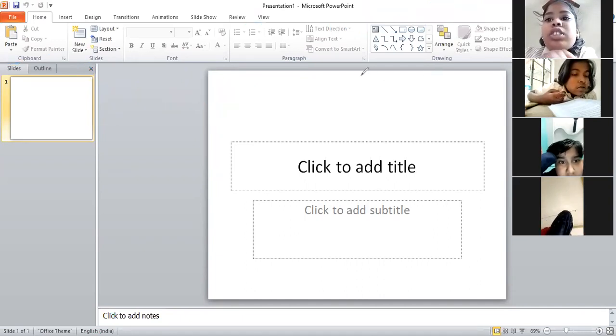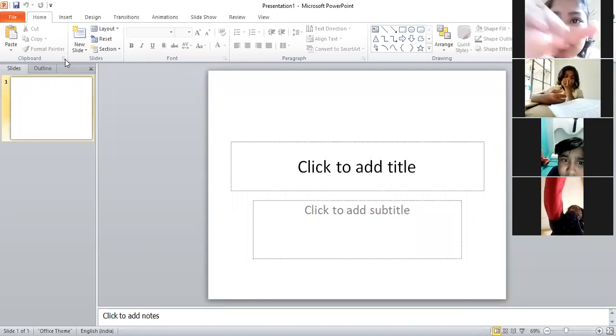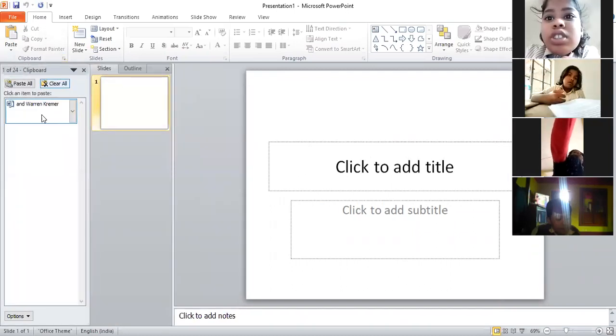Next comes dialog box launchers. See students carefully in this clipboard. Here is a small box in the corner, in the right hand corner. This is known as dialog box launcher. If I click in this small part, I can see the related options have opened.